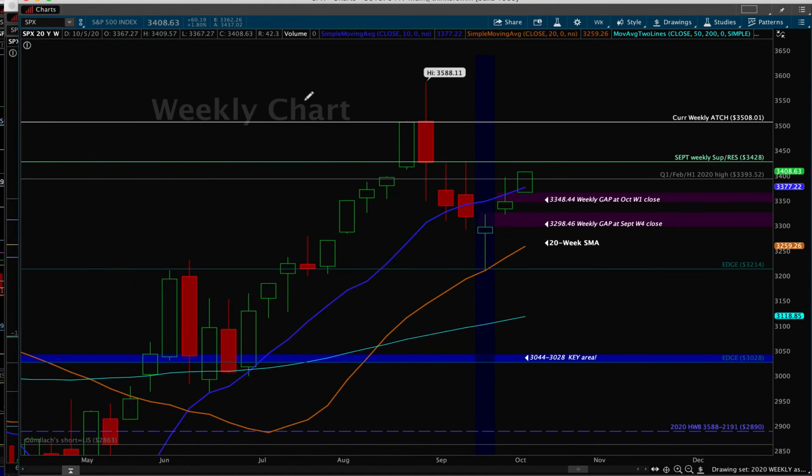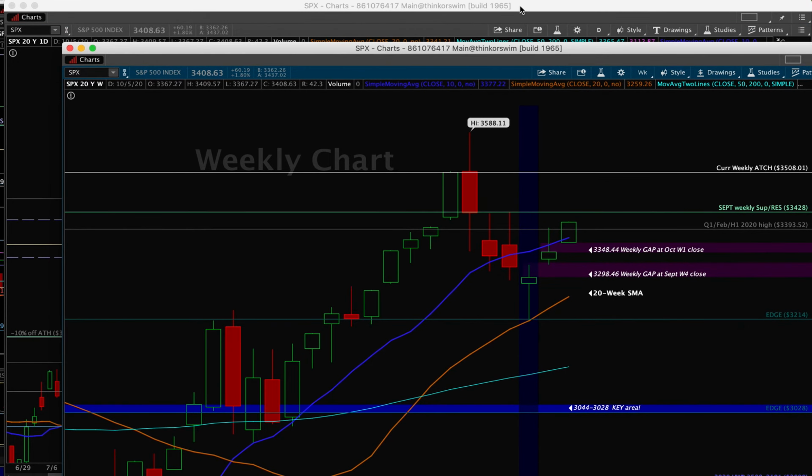On our weekly time frame, you can see that we put in a gap open one week and then a second week in a row starting with this week. So our first two weeks of October have each been gap up opens. So we have unfilled gaps to Friday closes for the last two weeks in a row. So if things do all fall apart, these gaps are going to be important for us to come back and fill. Those will be targets, 33.48 and then 32.98. So if things really fall apart, that's what we'll be shooting at.